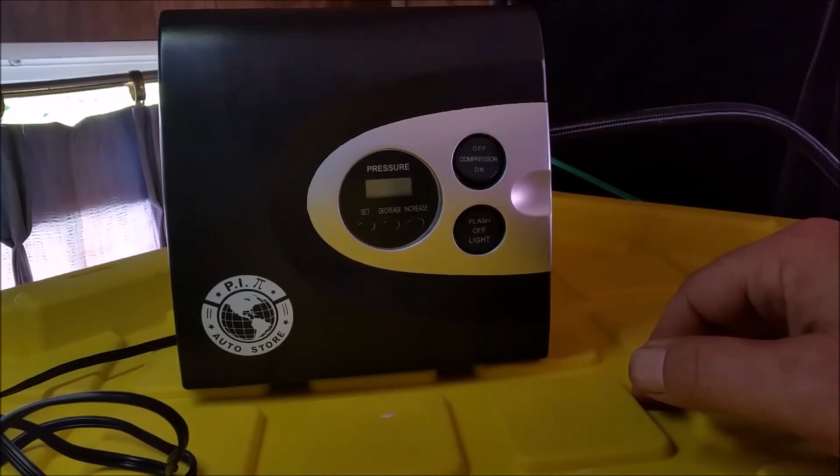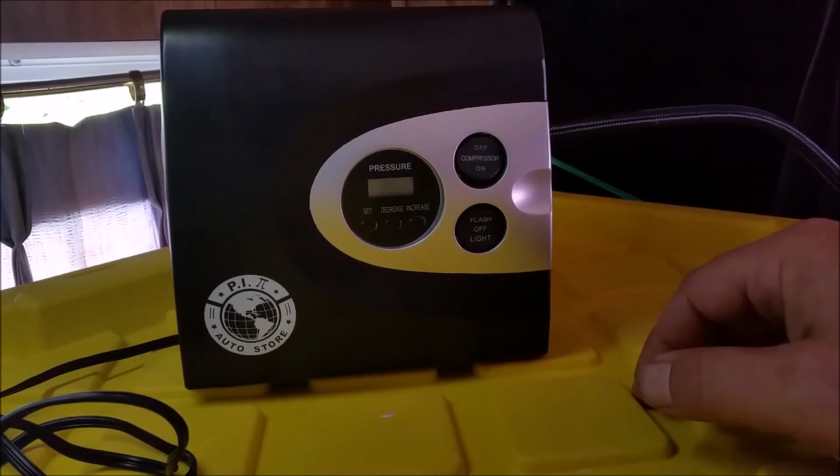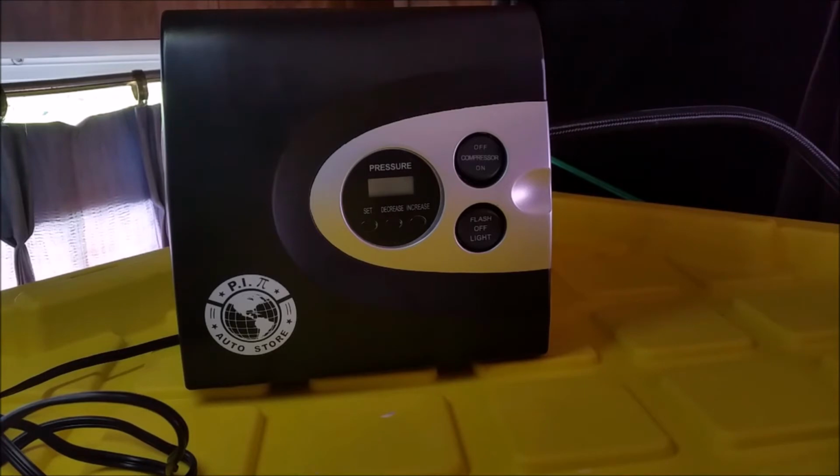It was real fast. I did use it the next day to go from 65 to 72 pounds, which was my preset number. It probably would have pumped more. I aired the front tires on the RV up from 65 to 72, and it did that in about 3 to 4 minutes, 3.5 minutes maybe. So I consider that relatively quick, all things considered. So I sat on it for a while. I didn't really get the chance to use it, didn't need to. I hooked it up to my bicycle after a couple of weeks. I wanted to go for a bike ride, so I was going to air the tires up, and it got